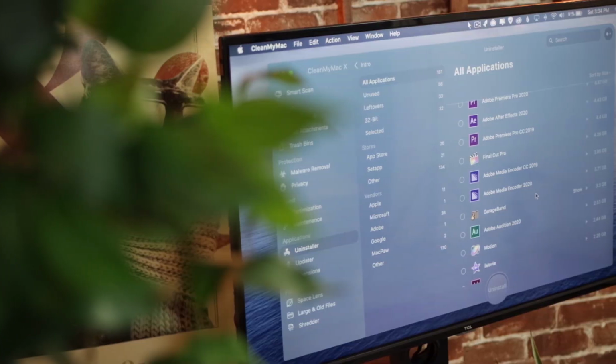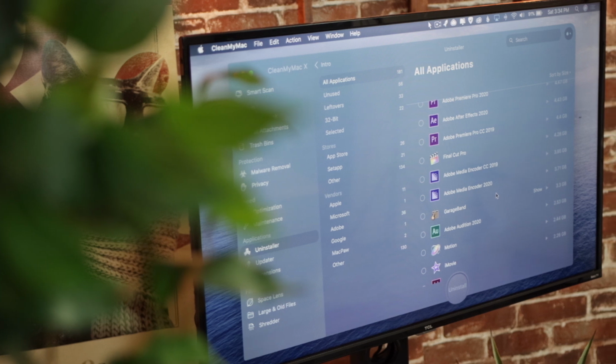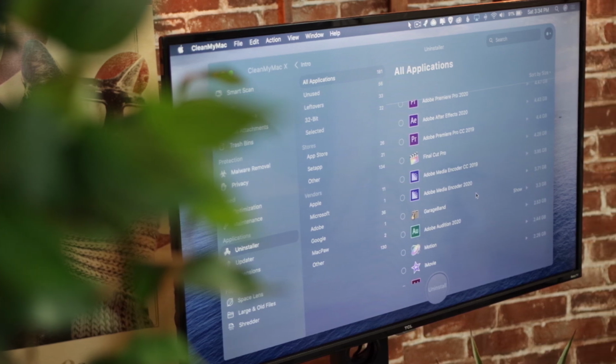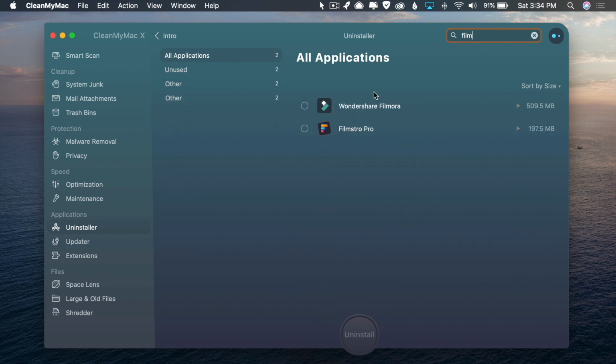The great thing about CleanMyMac, on the other hand, is that they actually go through and it does a scan and it locates any of the extra files or data that is associated with that application, so that when you actually uninstall, you are sure that you're uninstalling everything. So like, for example, if I have this old app that I no longer want to use anymore, I